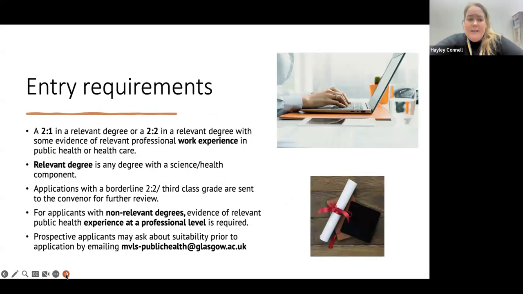Entry requirements that we will accept. So we will accept a 2-1 in a relevant degree or a 2-2 with some work experience. A relevant degree is realistically anything within the science or health component. We do have very specific things put on the website, but actually what we will accept is anything within the